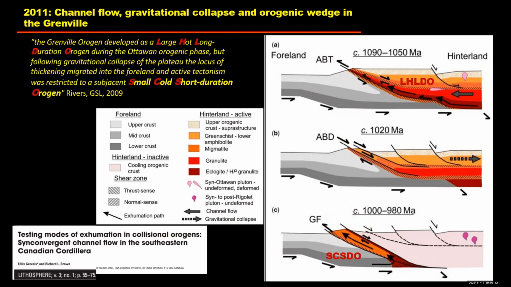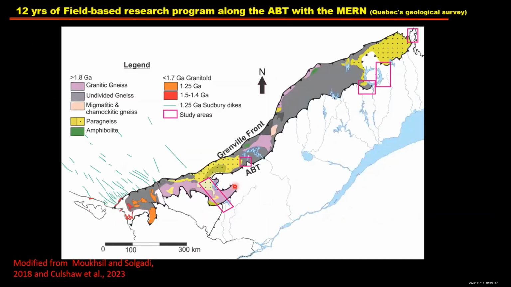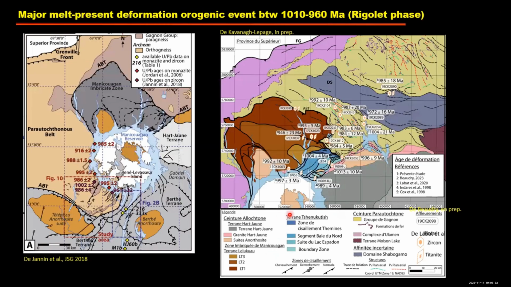So I decided to go in the field and put my students in the locations that you see with the rectangles here to study that boundary. And what we found was very different from what the model suggested. This is a compilation of the northeastern part of the Manicouagan Reservoir. Most of the dates that you see there are dates that we have obtained on both sides. Some are from the literature, but all of them